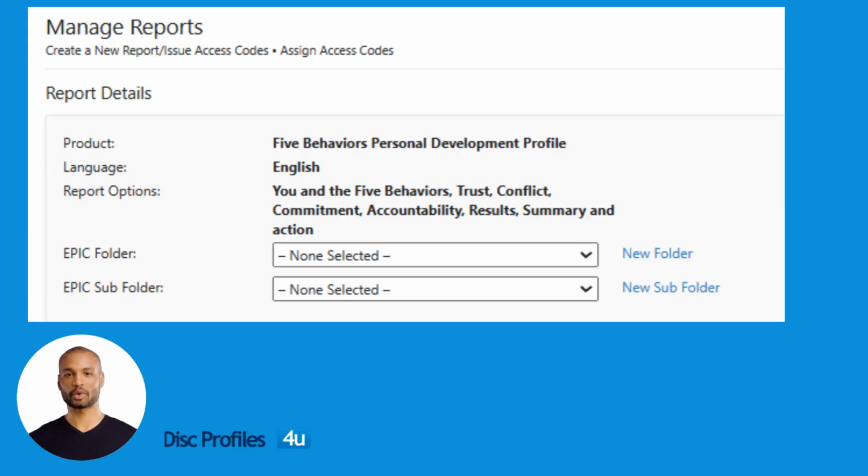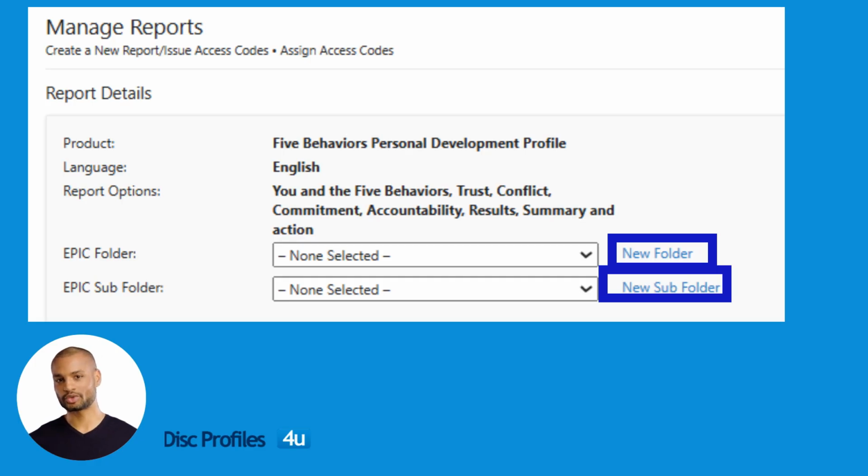You will be taken to the Report Details page. Under Report Details, you can select or create a folder and/or subfolder in which you would like these reports to be maintained that will best fit your training and organization. For example, you can add a folder for the department and subfolder for the training session so they are grouped together for ease of creating group reports. This will also help you produce report batches for an entire training session.